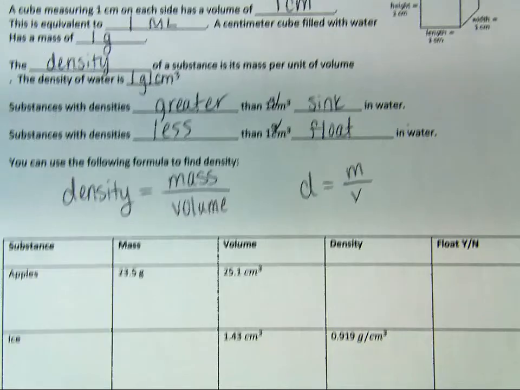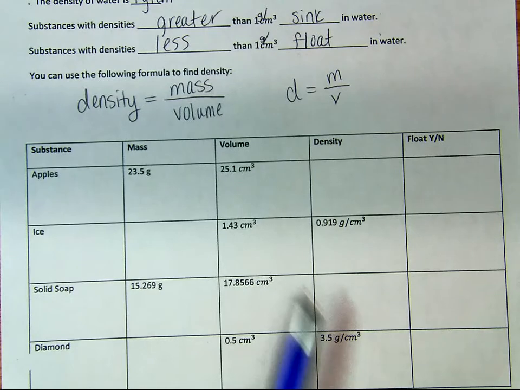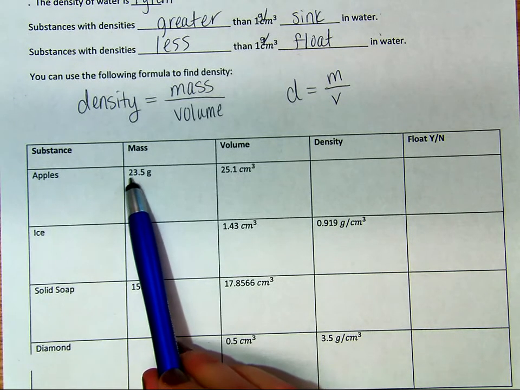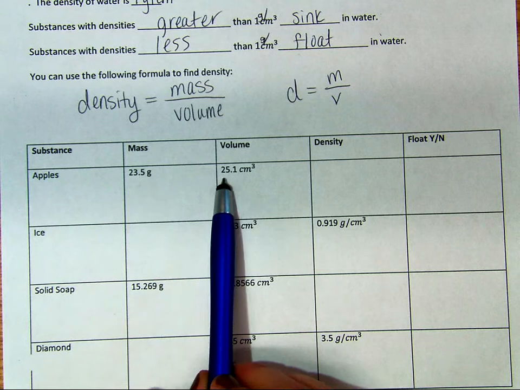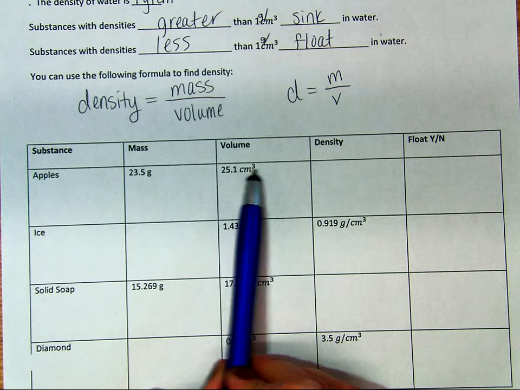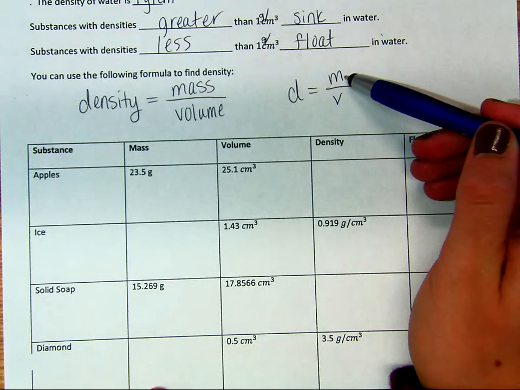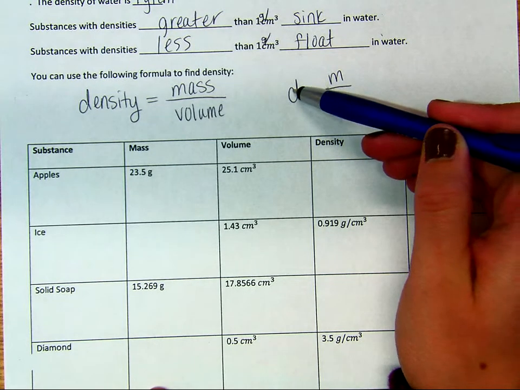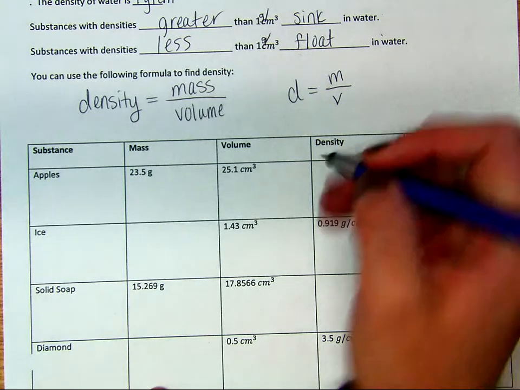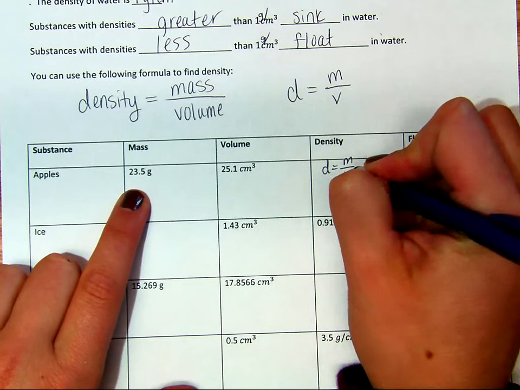So let's say I wanted to think about apples. I knew that a given amount of apples had a mass of 23.5 grams and a volume of 25.1 centimeters cubed, and I want to figure out the density. Well, I know the mass and I know the volume. If I'm trying to find the density, all I have to do is divide the mass by the volume because of this formula here. So the density is going to be M divided by V, which in this case is